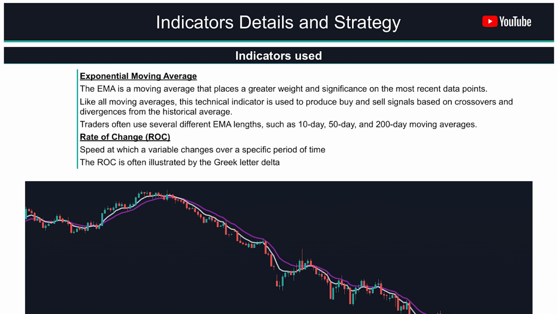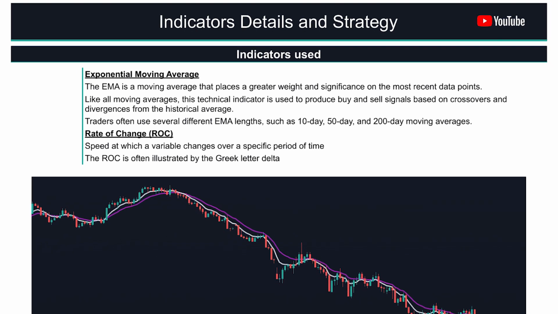observations in the period. The rate of change is the speed at which a variable changes over a specific period of time. It is often used when speaking about momentum, and it can generally be expressed as a ratio between a change in one variable relative to a corresponding change in another. Graphically, the rate of change is represented by the slope of a line, and it's often illustrated by the Greek